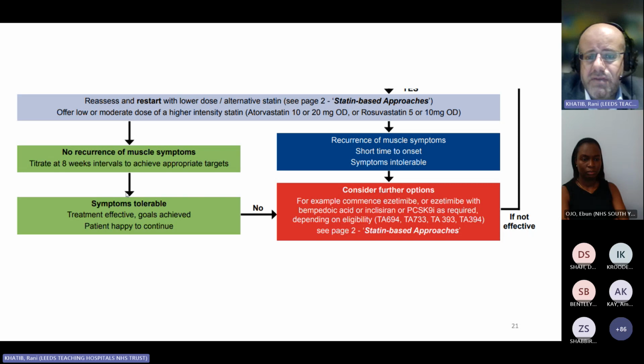If the goals are not achieved, then most likely you're going to need alternative therapies added. It's very important when you're working with statins to be sensible about all lipid lowering therapy and where you're going with it. So if you're looking for a 60% reduction to get to goal, there's no point giving something that is going to give you a 20% reduction and just relying on it, because you know you need more. So you probably need to think about what level of reduction you need, and therefore, thinking ahead, what combination is going to give you that. That's the kind of thinking you need to be doing